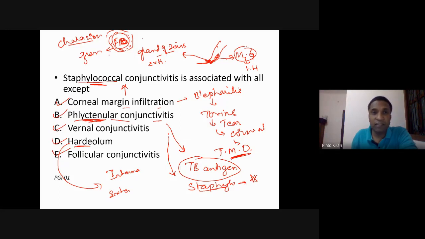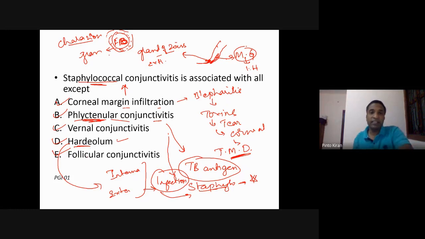This doesn't have any infection, but whenever there is a hordeolum, that is an internal or external hordeolum, it is purely because of infection. Just like a pimple on the face, you have an infection of the glands of the eyelid that will produce pain and swelling, everything. Only on examination you will be able to make out whether it is an internal or an external hordeolum. Infection is most commonly caused by Staphylococcus. So hordeolum is related to staphylococcal conjunctivitis.